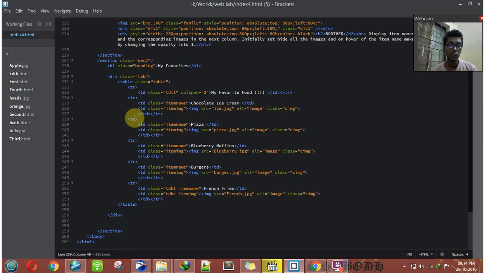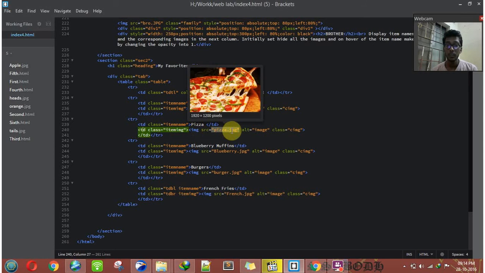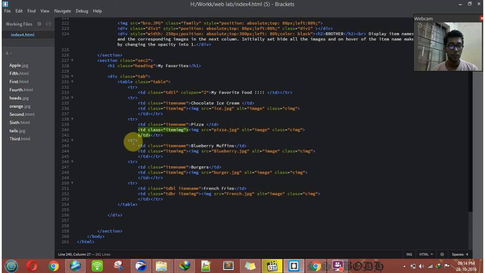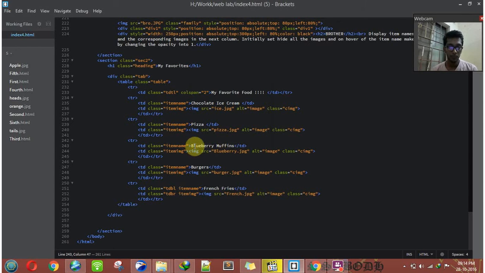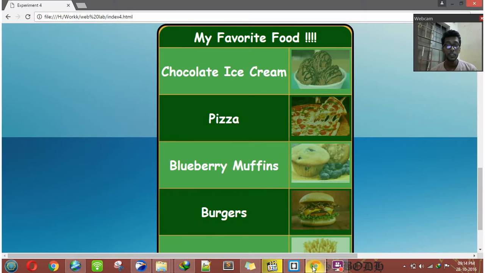Similar thing for the next row. Table data has been specified as pizza, and the next table data is an image of a pizza, as you can see. Now a similar thing has been done for blueberry muffins. We have specified a photo of blueberry muffins and given the data. A similar thing has been done for burgers and french fries. So using this particular simple table data, we have made this beautiful HTML page